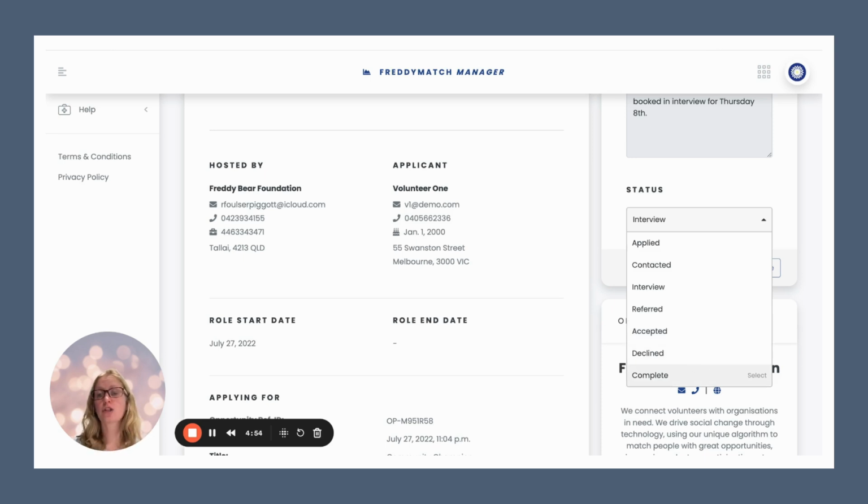So you can start tracking the number of hours they do. And you're also allowing yourself to see what that volunteer is actively doing. So they can see that in their profile and you can see that in your profile as well. Now on FreddyMatch Manager, you can see what the volunteer is actively doing, and so can your member organization. So if I use these statuses here, referred, just to explain that a little bit more,